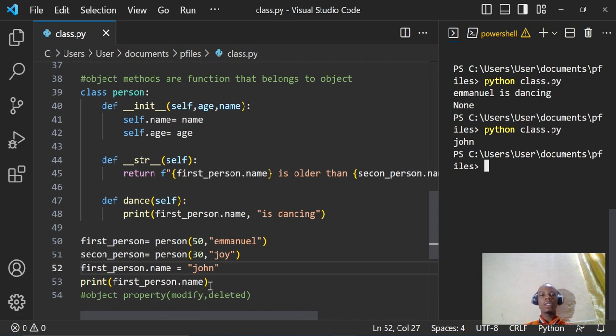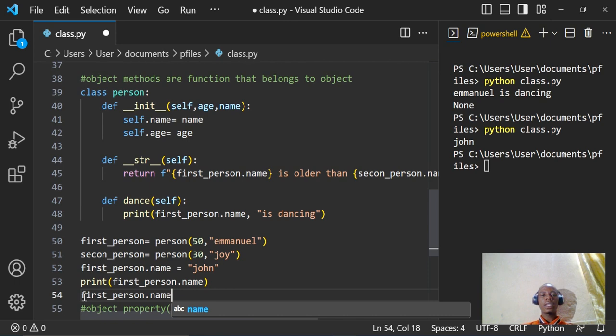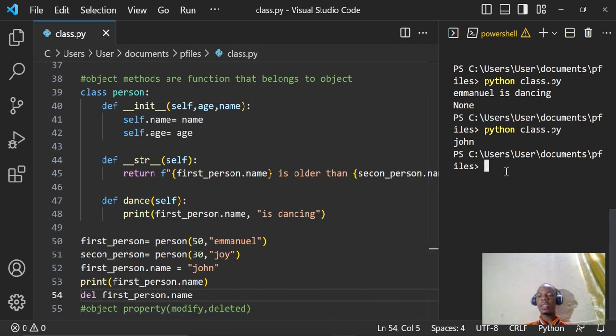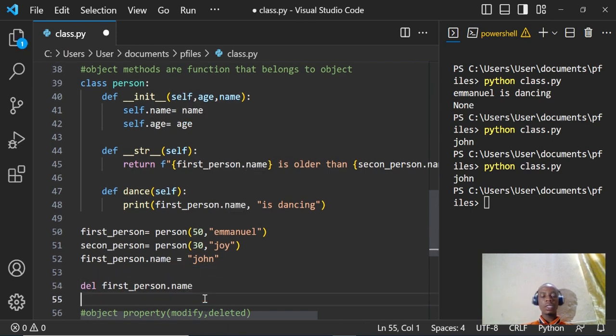And then for instance again, if I don't want to see John there, I can now say first person dot name, and then I'm going to add del at the front. If I don't want the person there, I can just say del, delete the first person name. So once I save this code now, the John we see here, we will not see it again. You see, it has printed John here. But Python executes this code line by line. Once I copy this John and bring it after the delete and then save it,